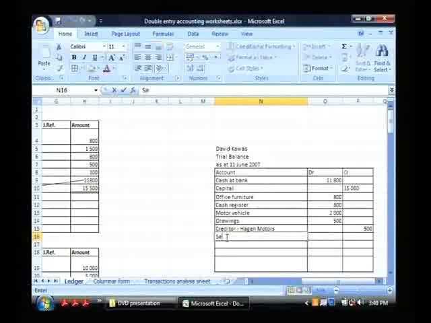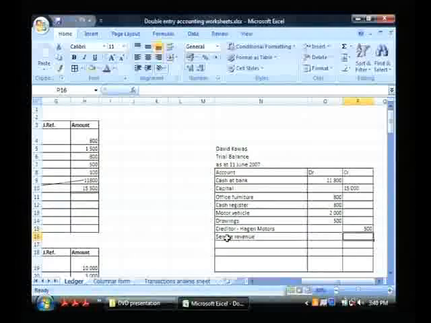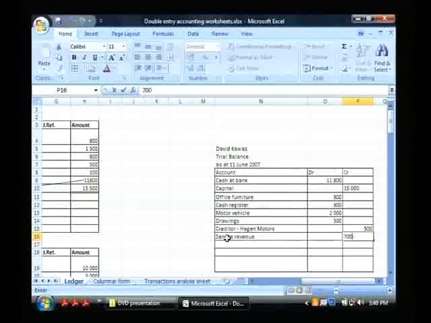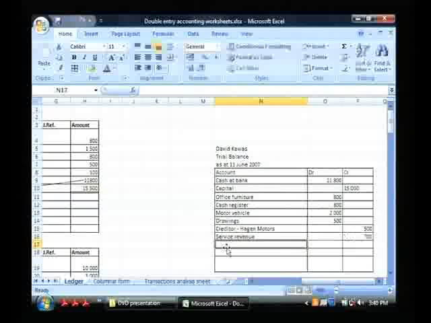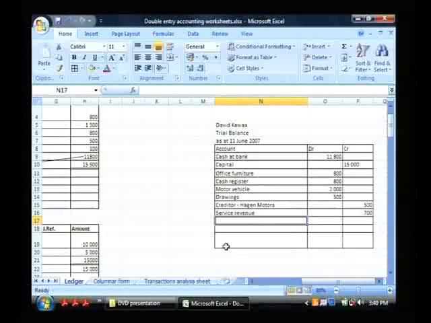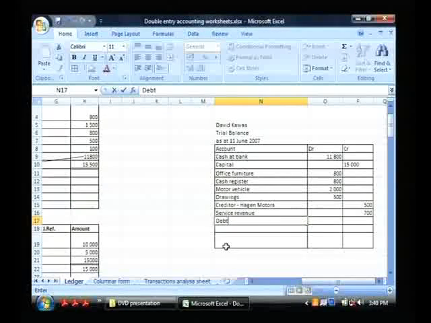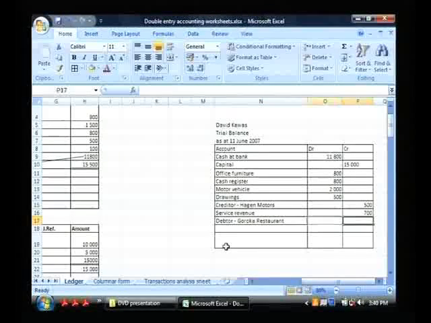Then service revenue. Service revenue account shows 700 credit balance. Debtor Goroka Restaurant shows a debit balance of 200 kina,